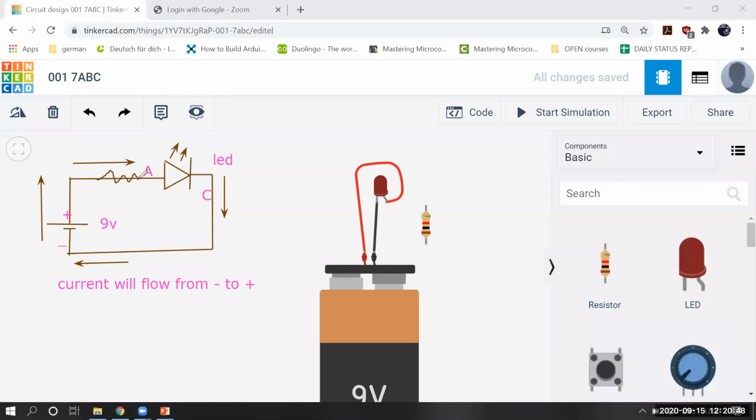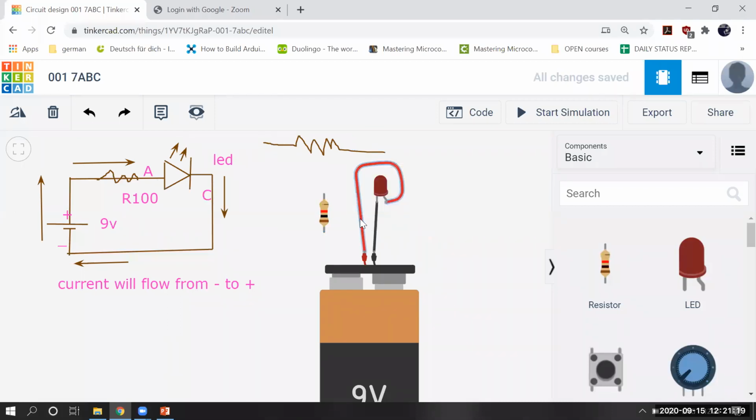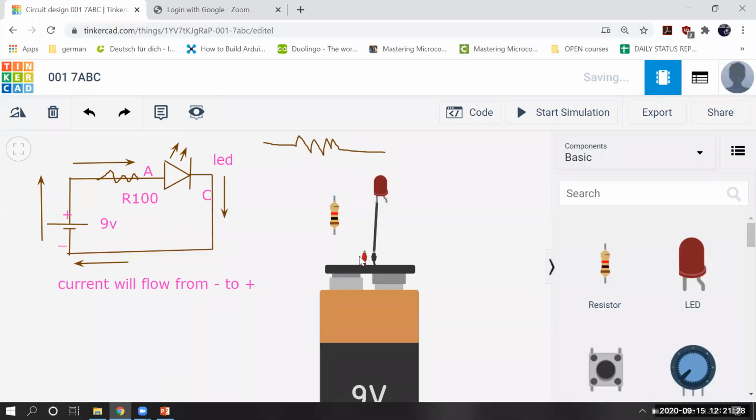This is actually the symbol of a resistor. Resistor is drawn like this. So I have just drawn it over here. Let's say the value of this is R, like 100 ohm. If I connect a 100 ohm resistor, what will happen? Let's see. So this is one resistor that I have connected. It is on the positive side. I can connect on the positive side or negative side, it doesn't matter. You can try it, but I will connect it to positive as I have shown in the diagram.